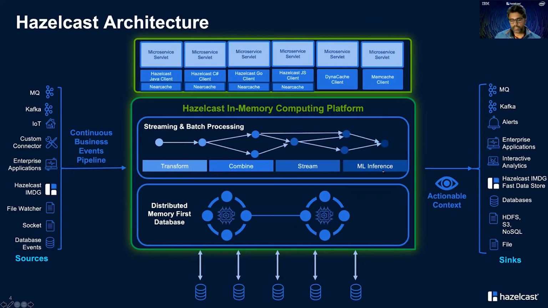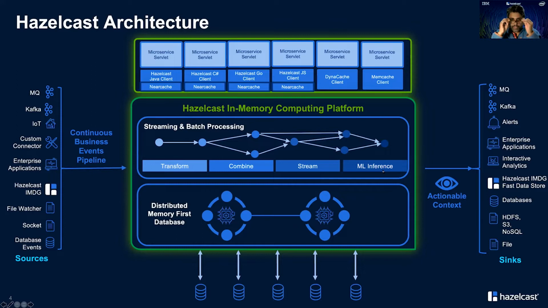Typically, applications use Hazelcast on top of a database, like we saw in the previous slide on the traditional stack versus the digital stack. All the data that goes into the Hazelcast cache can be kept in sync with the database, and this synchronization can happen both ways, so that your primary data, or your most commonly used data, is in Hazelcast. And then you still have your database running as a system of record if you wish, or for archival or disaster recovery purposes. So that's the end-to-end ecosystem of Hazelcast.